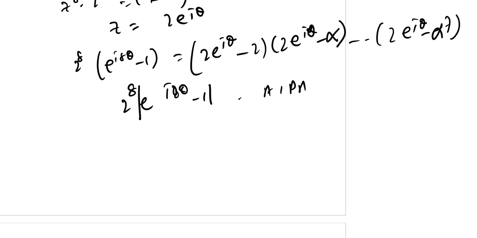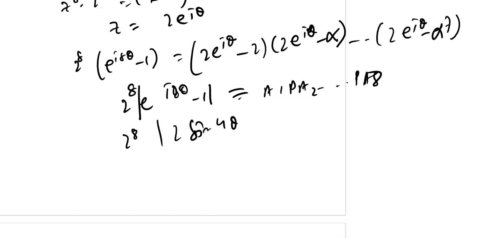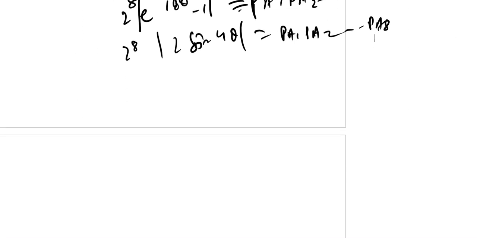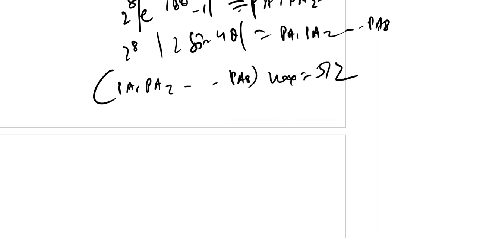So P of A1, P of A2 ... P of A8. So now we'll take common 2 to the power 8 to sin 4θ से replace करेंगे। PA1 PA2 ये जैसे हो रहा है PA8 तक remaining the same। So PA1 PA2 ... PA8 is max। The answer is 512।